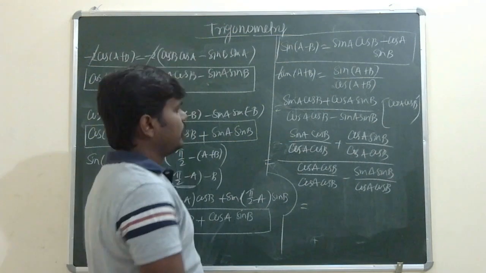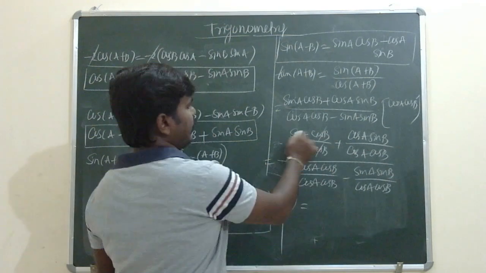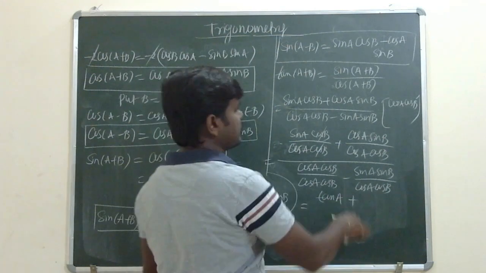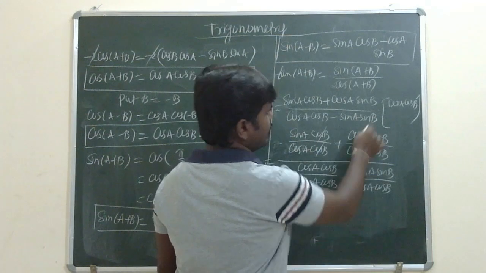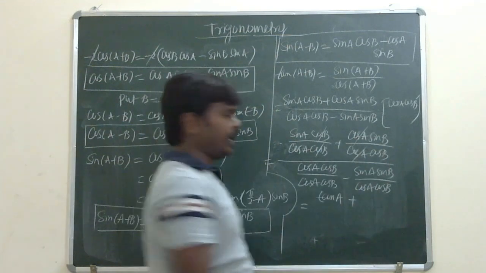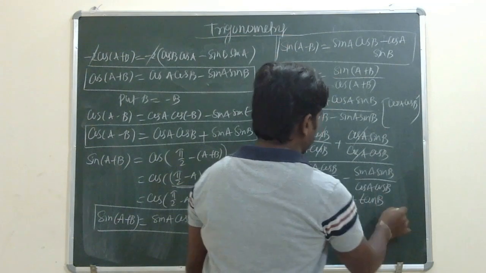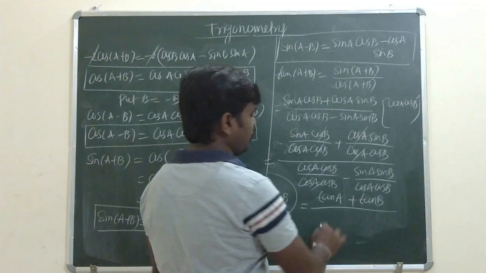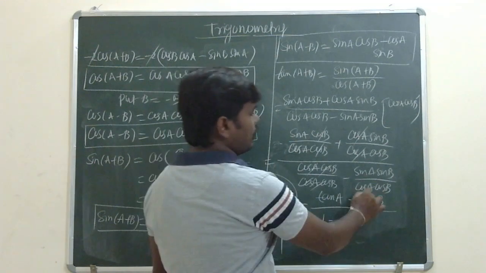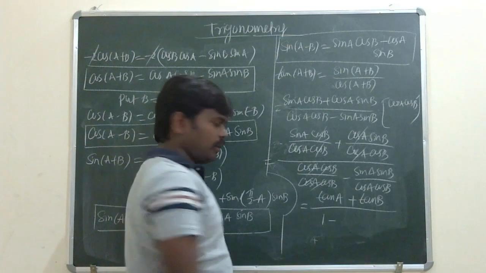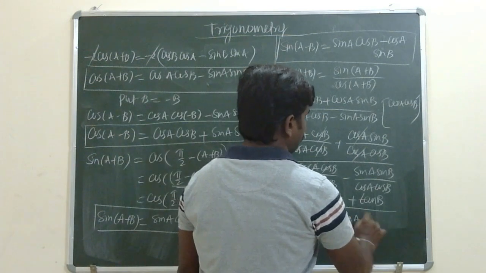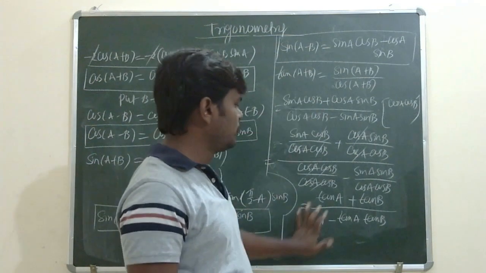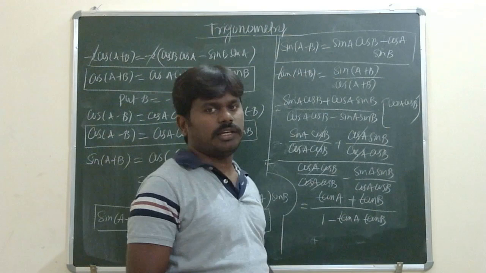Okay, so here cos b will get cancelled and sin a by cos a means here tan a, here plus sign is there plus sign. So here sin b, so cos a will get cancelled, sin b by cos b means here tan b, divided by, so the cos a cos b and sin a sin b will get cancelled. So here we will get only one. Now sin a by cos a into sin b by cos b, it can be written as what? Tan a into tan b. So the expansion or the formula of tan a plus b is equal to tan a plus tan b by 1 minus tan a tan b.